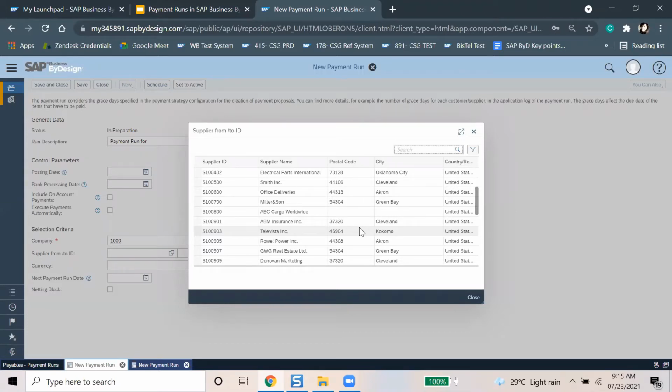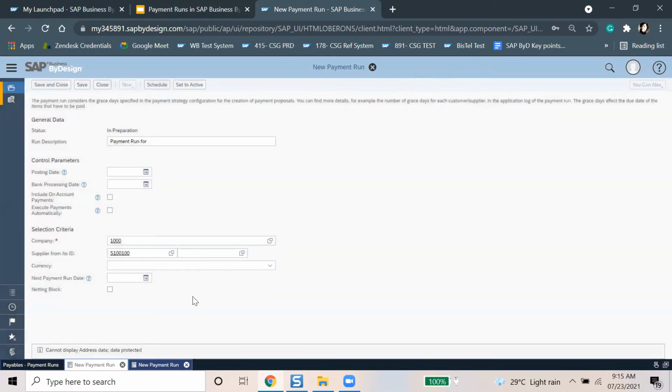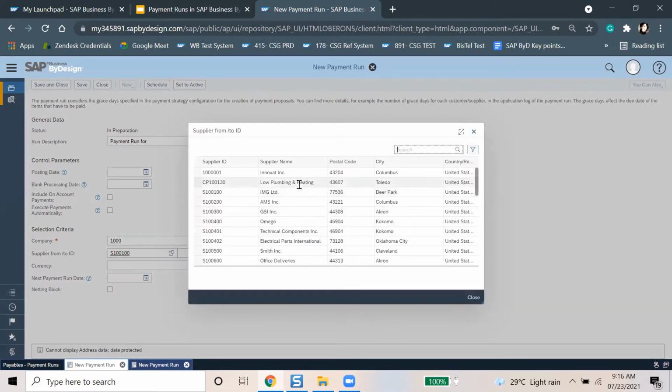Okay, sorry. Then I'm saying that I'll choose one supplier from here for which we are creating the payment run. Maybe I can take IMG. Okay, there is data protection, so I'll take another one.